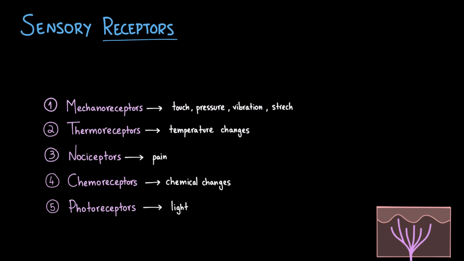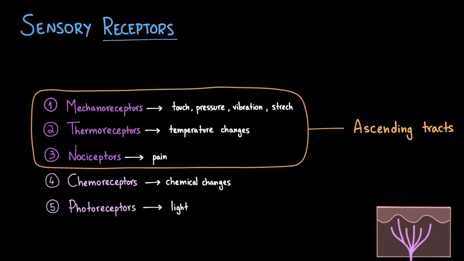They're not directly part of the spinal cord pathways, but they complete the main group of receptor types in the body. So, to sum it up, each receptor is specialized to detect a specific type of stimulus. But when we talk about the ascending tracts of the spinal cord, only 3 types of receptors are directly involved: the mechanoreceptors, nociceptors, and thermoreceptors. These are the ones responsible for carrying information about touch, pressure, pain, and temperature from the body all the way